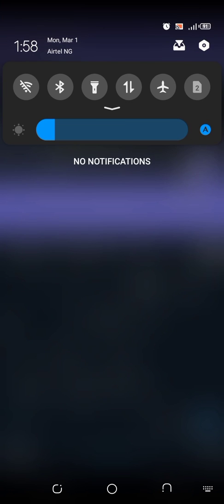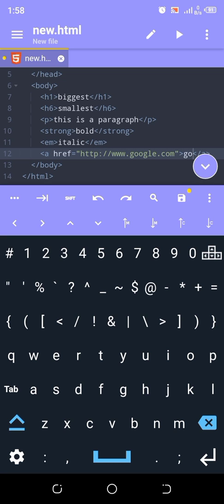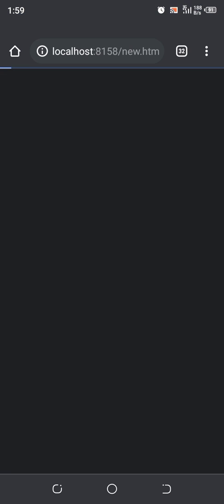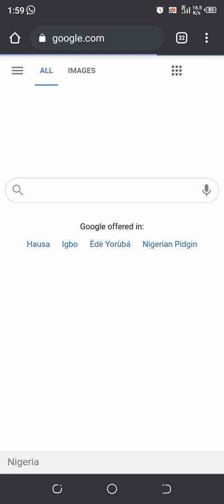Hopefully. For that I have to put on my data, because obviously to use Google I have to put on my data. So let's check it out. It's going to be underlined and maybe bluish, just to tell us this is a link. It's going to highlight everything for us. And now you see it's underlined. Go, so we can click on it. It's clickable. When we click on it, it should take us to Google, and it's very functional.